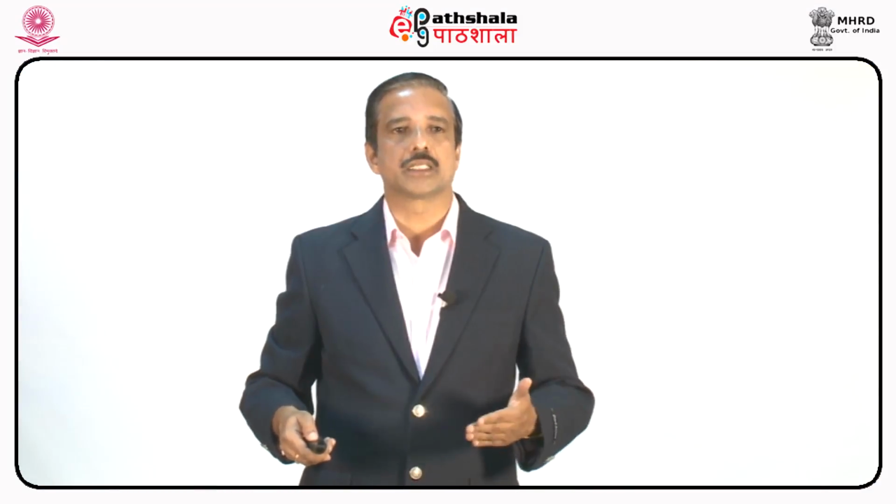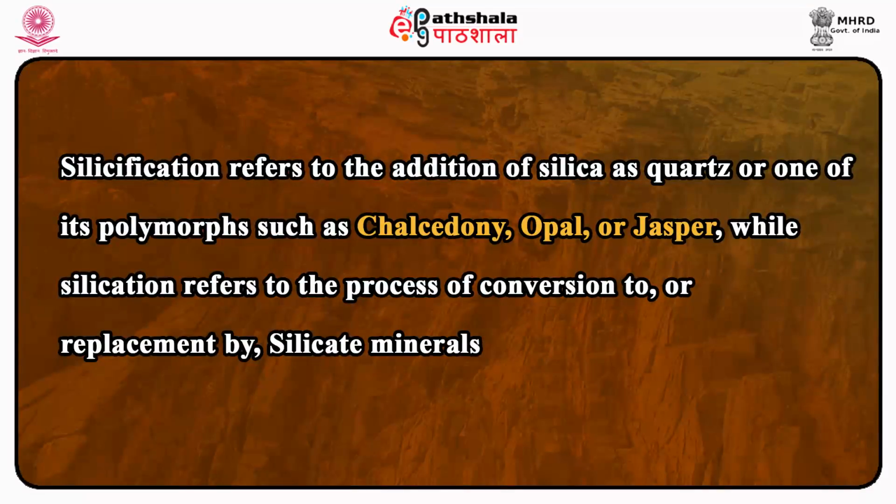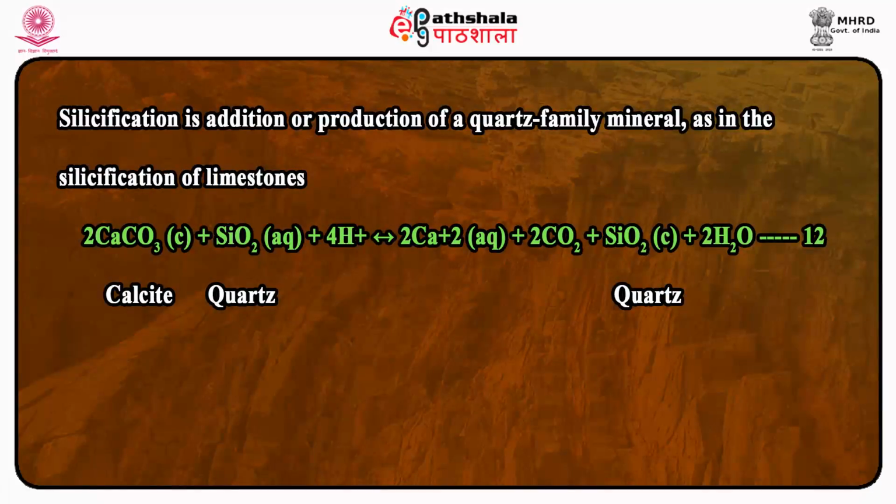Silicification and silication are also common reactions. Silicification refers to the addition of silica as quartz or one of its polymorphs such as chalcedony, opal or jasper, while silication refers to the process of conversion to or replacement by silicate minerals. Silicification is addition or production of a quartz family mineral, as in the silicification of limestones, that is calcium carbonate